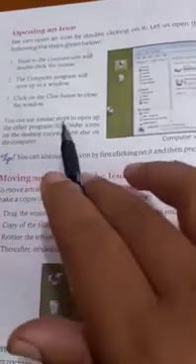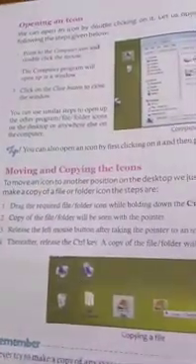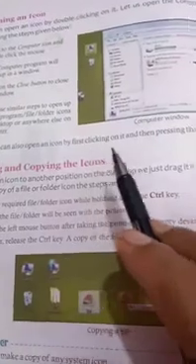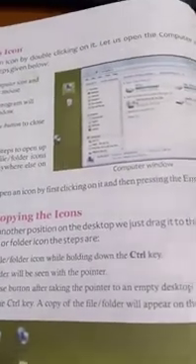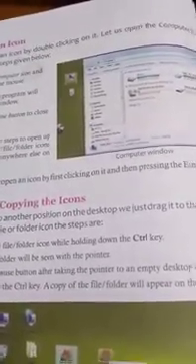You can use similar steps to open other program, file, folder icons on the desktop or anywhere else on the computer. You can also open an icon by first clicking on it and then pressing the enter key. The very easy way: any icon you want to open, you have to double click on that icon, and another way is that you click and then press the enter key.